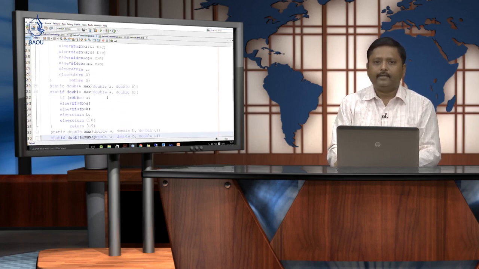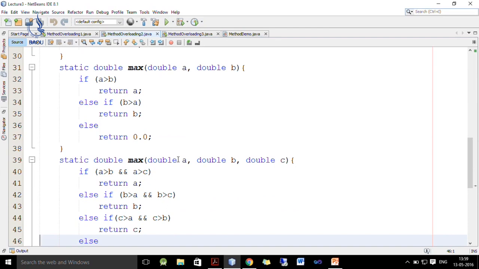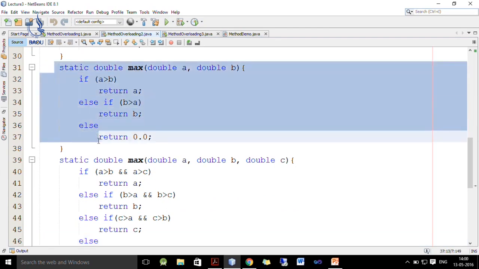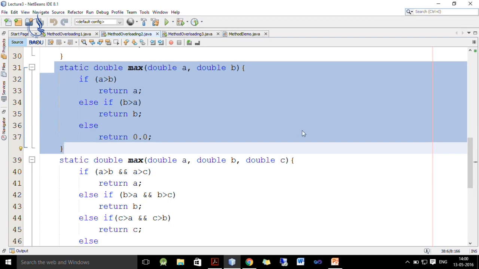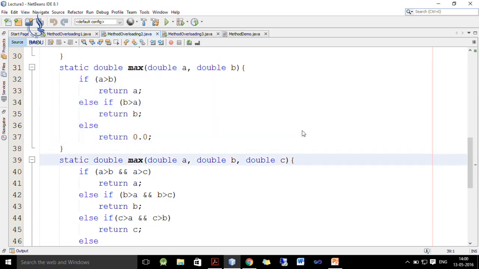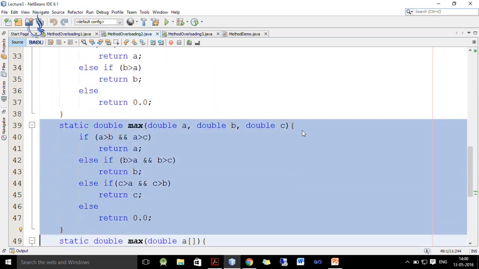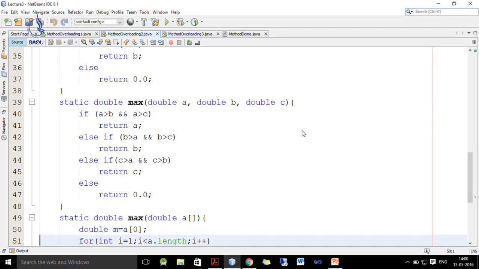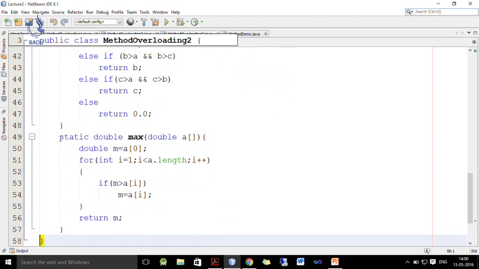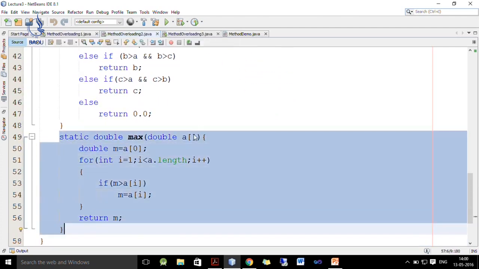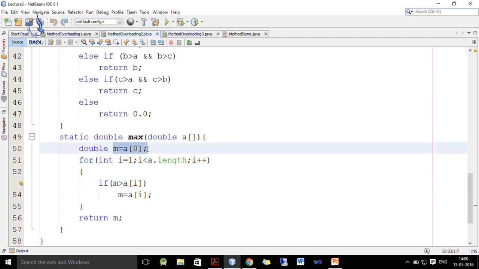The third max is the same method, but with double parameters. So, the only change is in the type of parameters. The fourth definition is very similar to the earlier one, but the only difference is the type of parameters. So, you can easily understand how it works. The last method takes an integer array as an argument. Initially, we assume that the first element is the maximum.